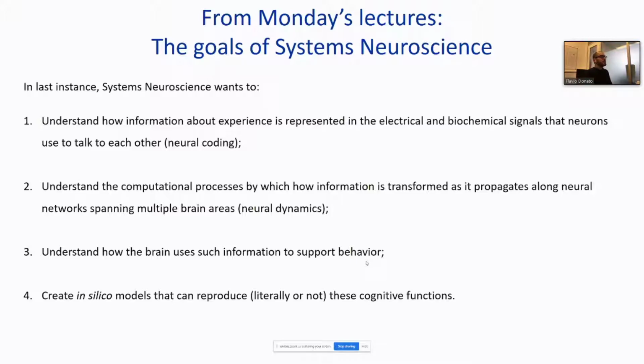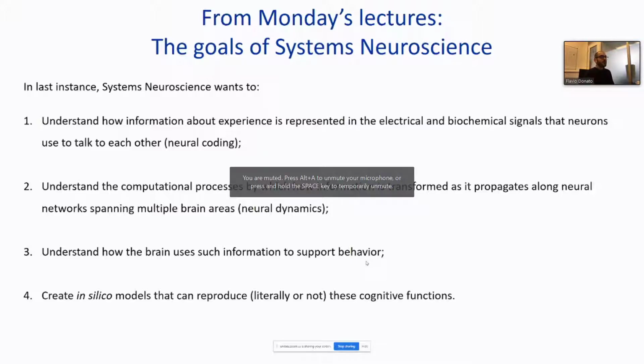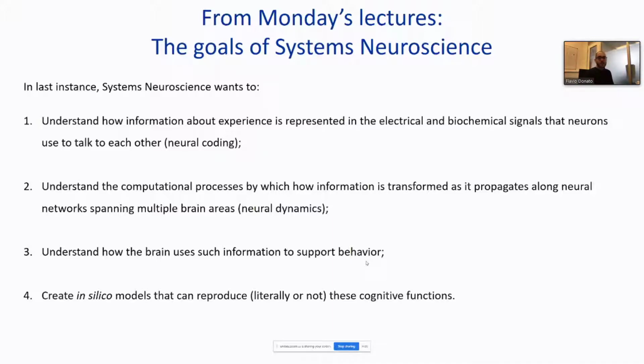Understanding the computational processes by which information is transformed and propagates along neural networks. So how do you create those neural dynamics that we have been exploring when we were talking about microcircuit motifs, and when yesterday we saw the continuous attractor network or the ring attractor, to understand how this information is decoded by the brain and how this is used to support behavior, and then to create a model that can reproduce some